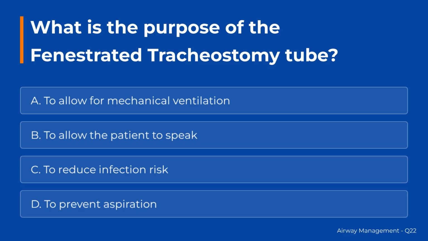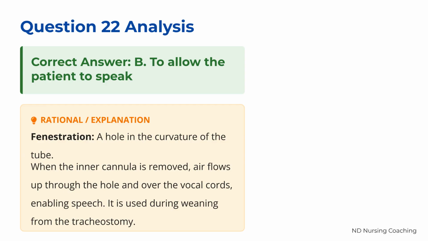Question 22. What is the purpose of the fenestrated tracheostomy tube? The correct answer is B, to allow the patient to speak. The fenestration, or hole, allows air to flow up over the vocal cords when the inner cannula is removed, enabling speech. This type of tube is often used during weaning,